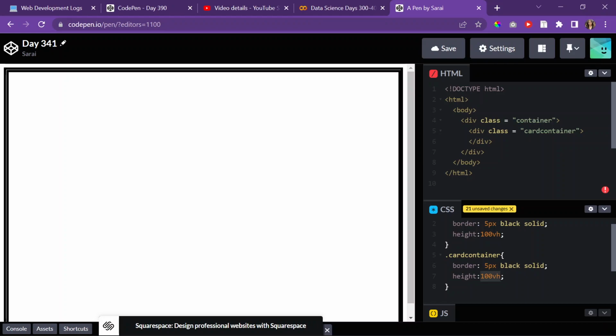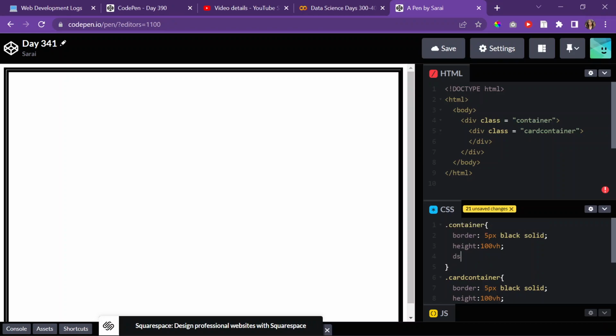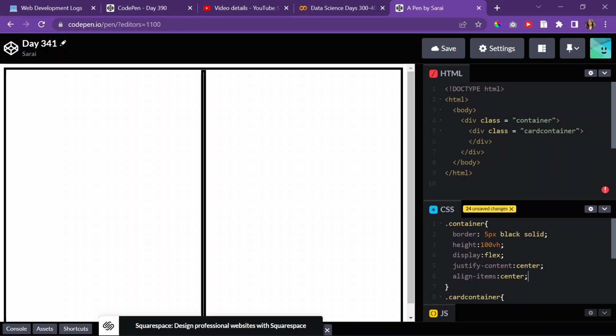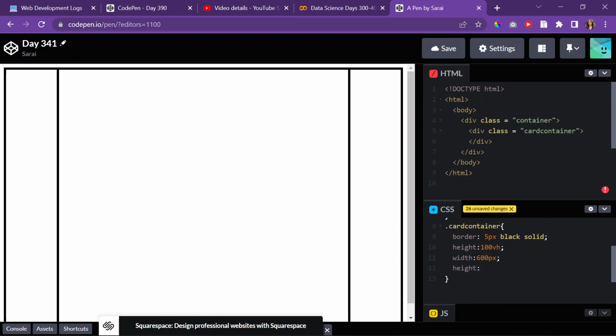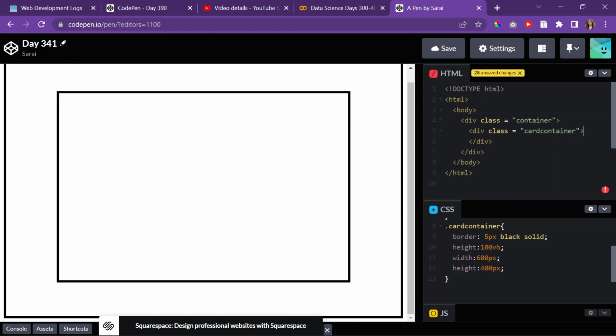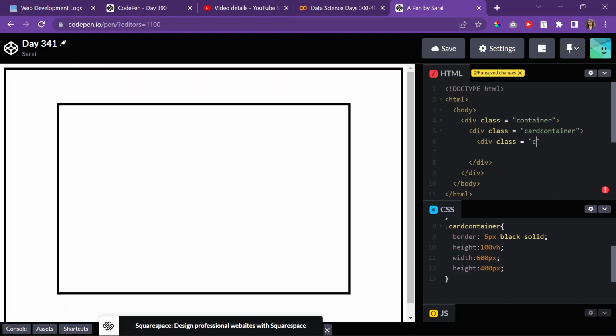And then I'll probably give it display flex, and then I'll justify content center and align items center so that it's at the center. And then I'll give it a certain width of maybe 600 pixels and then a certain height of 600, maybe not 600 pixels, maybe 400 pixels, something like that. And then inside the card container I'm gonna do some other cards. So I'll do div class card 1, oops,